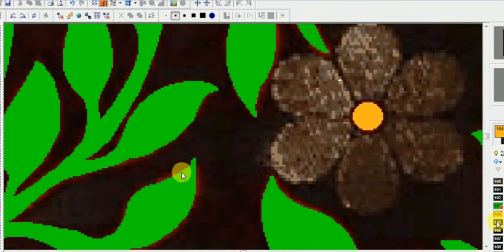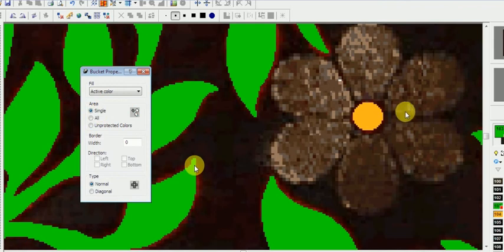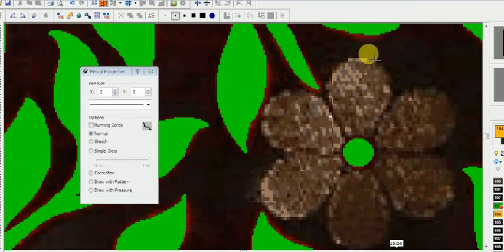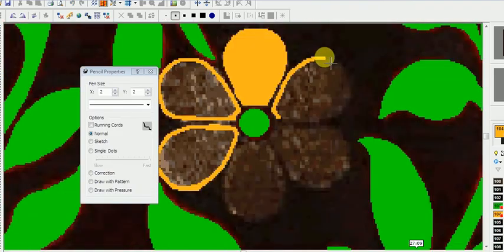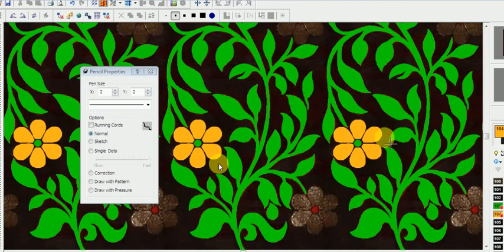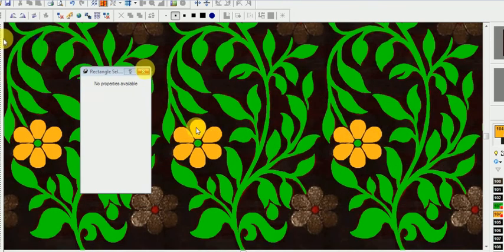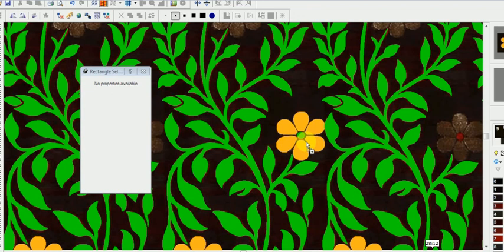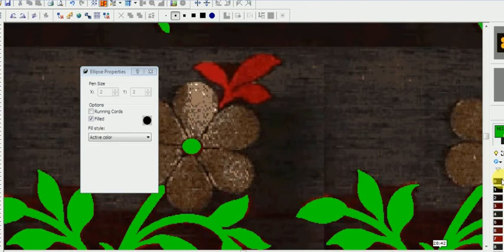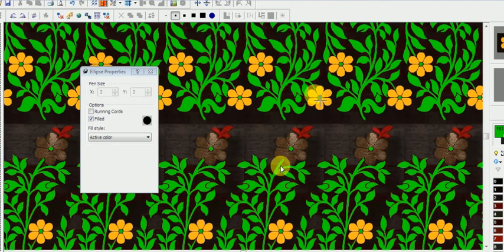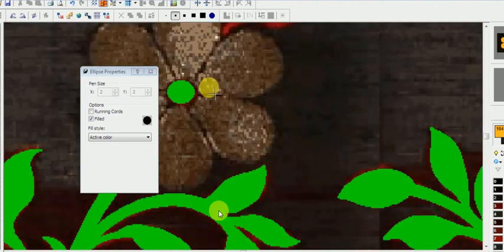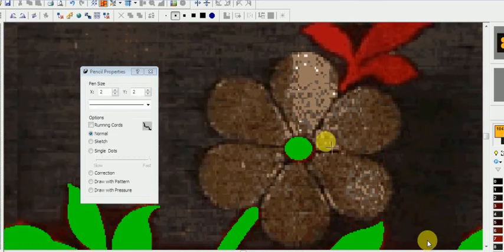Whenever you edit flowers and leaves, all that, keep in mind that edges should be sharp. All edges and ends of the motifs should be sharp. That will give the beauty of the design. So now I am editing one flower, and I am going to place this flower at all places. This is a big flower, then this flower, so I am editing this flower individually.